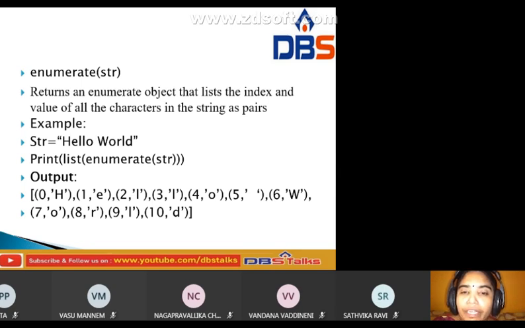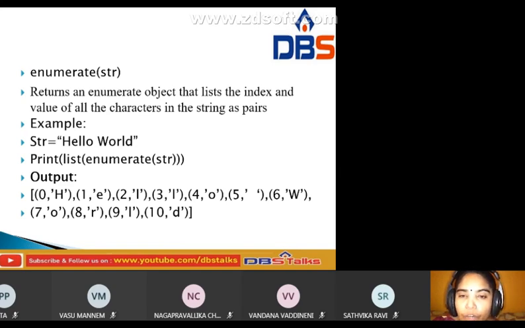We have to print the list of enumerate of str. In the next class we will learn the list topic, and at that time we will understand it clearly.